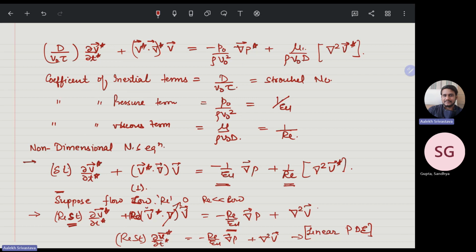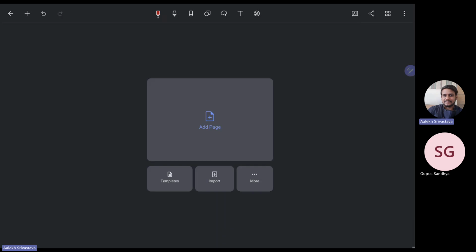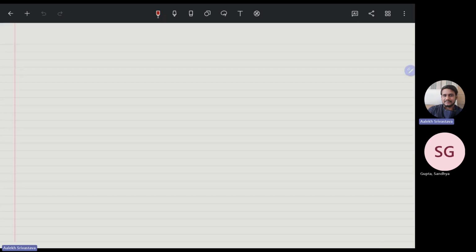What if someone says that Euler number is not important, or when we say that it's unsteady, like we do in a real-life problem? We are not given that this is a steady state problem or this is a non-steady state problem. We need to decide whether that is a steady state or non-steady state problem. So going with one example,